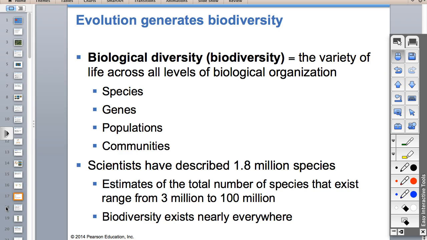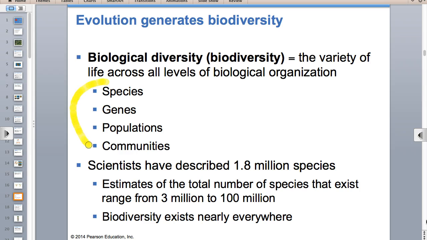Biodiversity, when we're looking at organisms, biodiversity is not just how many different species, it's also how much variation within a single species. So we want to see how many different populations are in a community, and then also how many different communities are in the area. So a lot of times people think about biodiversity, they just think about how many different species do we have. Well, but it's also variation across all these levels, with the number of species, the genes within a single species, how many populations are in a community, and then how many different kinds of communities. So it's not just that one thing.